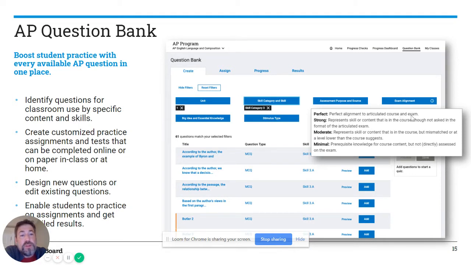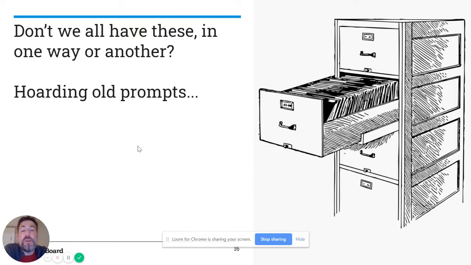The perfect would be something that could be ready for the national exam. But as you look earlier in the course, you might choose a moderate or minimal aligned question so that they're preparing your kids at the appropriate level. But here's why I'm excited, because don't we all have one of these, whether they're real or virtual? It's a file cabinet where we've hoarded old prompts. So we've written our own prompts for argument or for analysis. And the question bank online is a wealth of this, already vetted by AP teachers, built to help prepare our